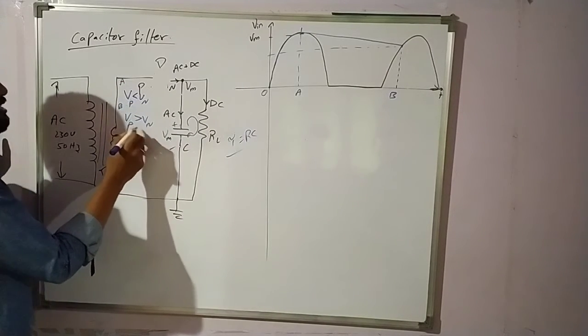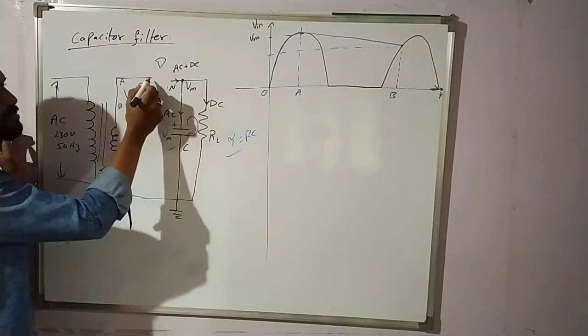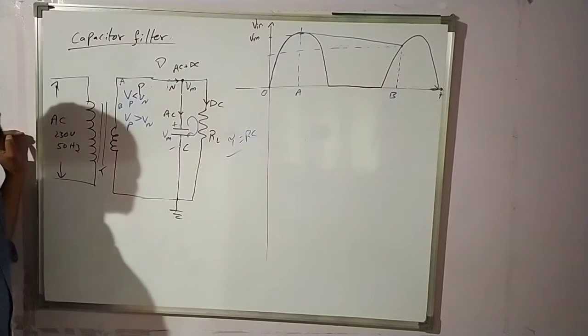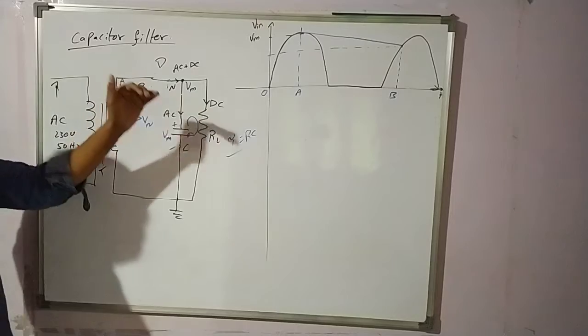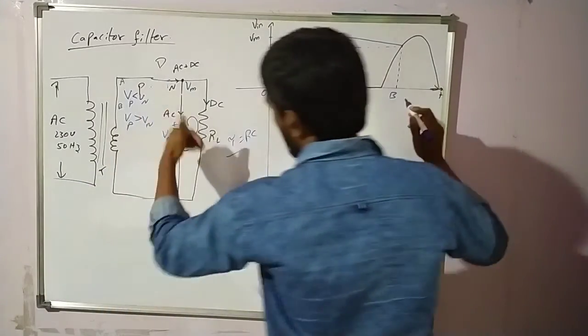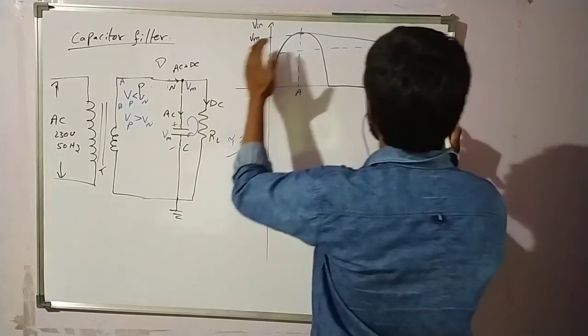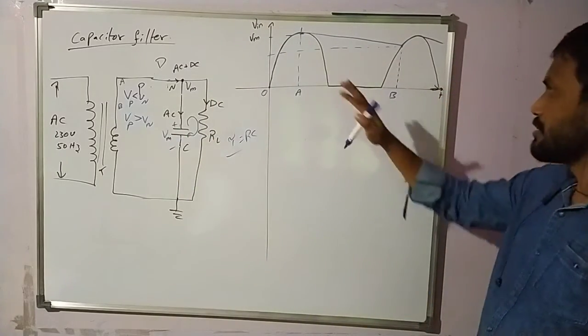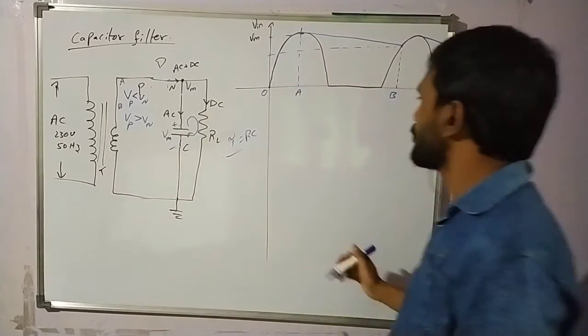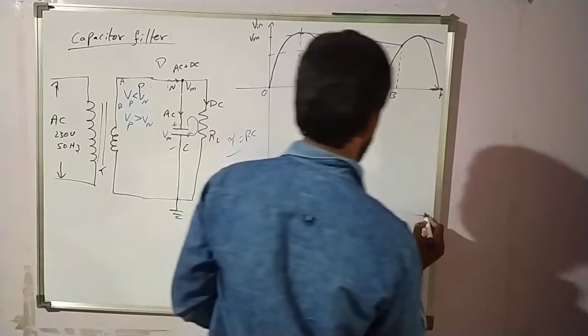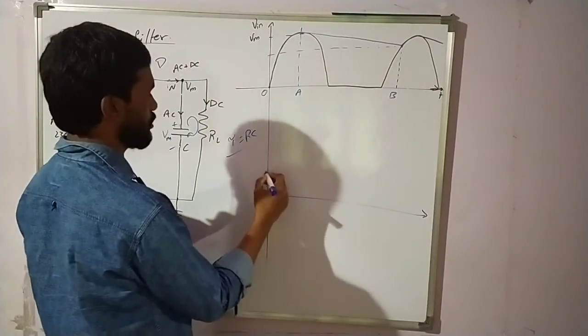The moment it reaches this position, the diode again becomes a short circuit. Forward bias. Again it charges. See, again it is charging. Now again it discharges. So you almost got DC. So this is all. Now if you take the output across the capacitor, only the blue color. See, how do you get it?